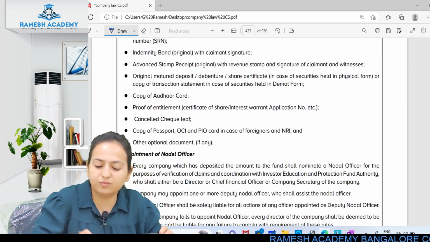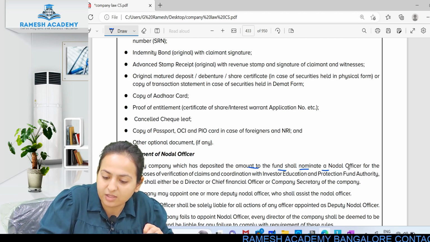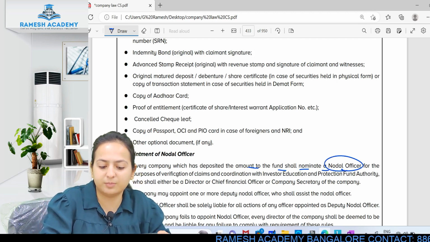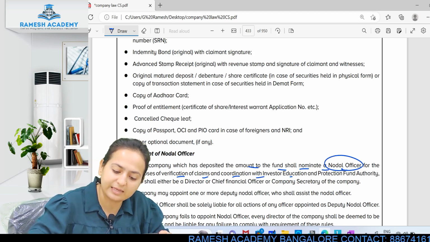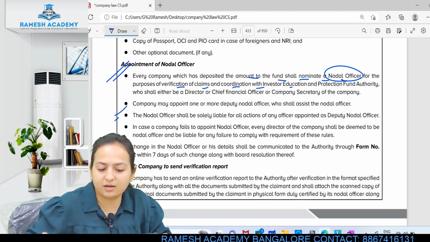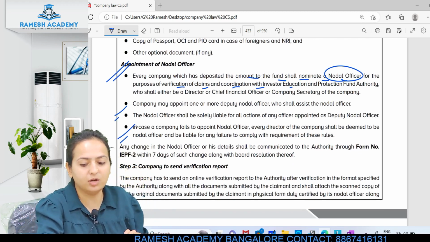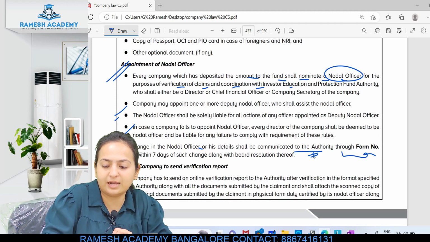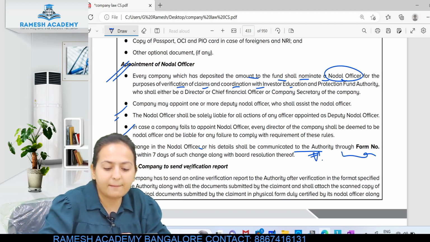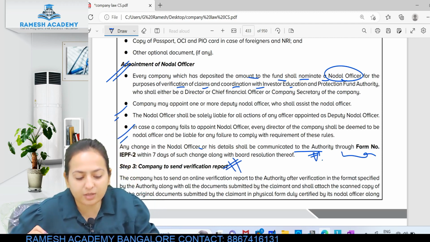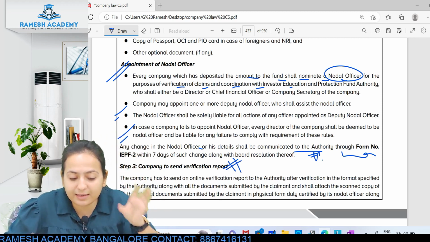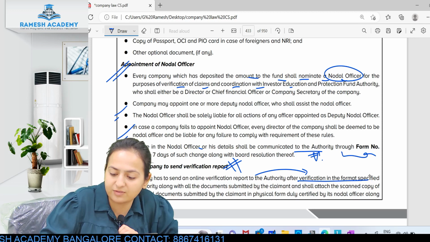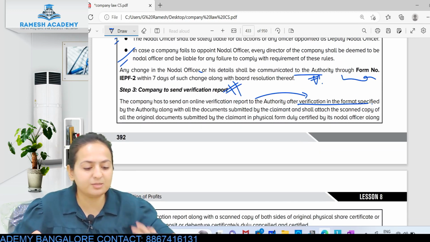Every company which has deposited the amount to the fund shall nominate a nodal officer for the purpose of verification of the claim. The company shall appoint a nodal officer, and the nodal officer's details will be communicated to the authority in IEPF 2. Company to send a verification report. The company has to send an online verification report to the authority after verification, in the format specified by the authority,